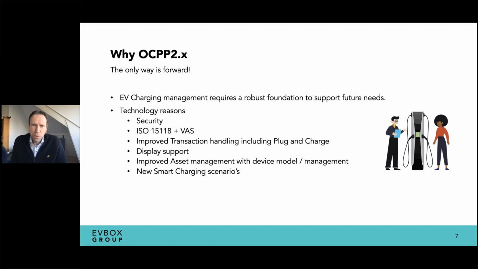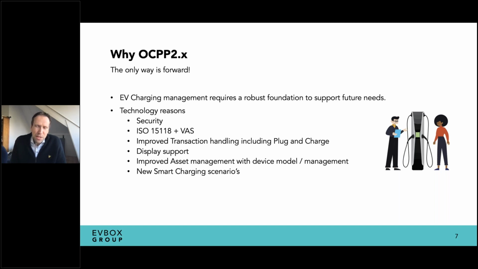having a secure protocol, with also security profile 3, really provides a highly secure environment, not just for the connectivity between the charger and the backend and the charging management system, but also with all the other actors in the charging world, including communication with the car in a secure way, also based on the new ISO standard 15118, including value-added services that we want to provide for specific vehicle capabilities that will allow us to enhance the interaction with the whole charging solution. So the enhanced transaction capabilities, especially in combination with plug and charge, I think really require this